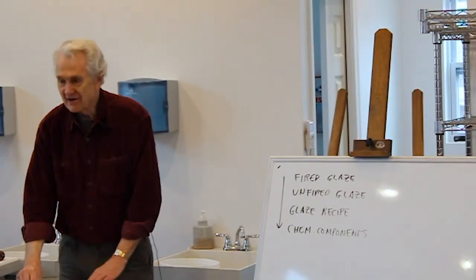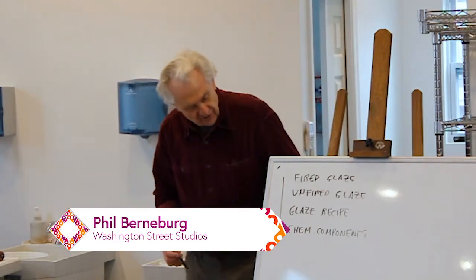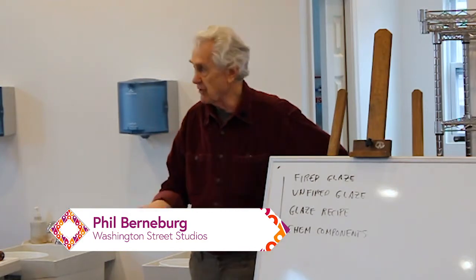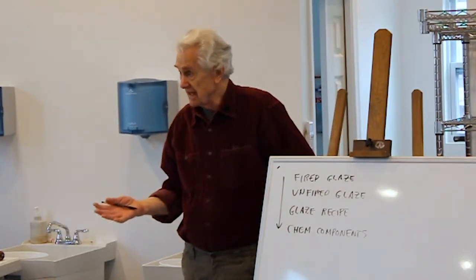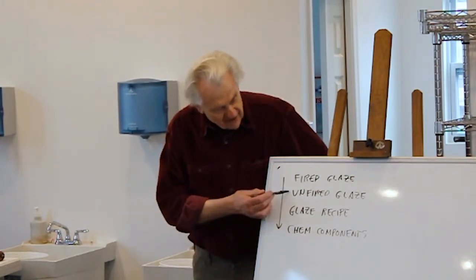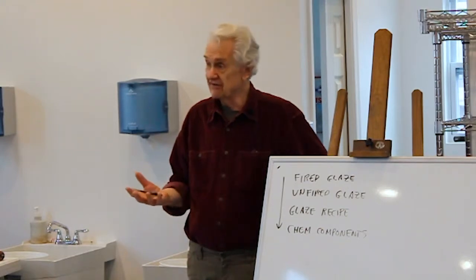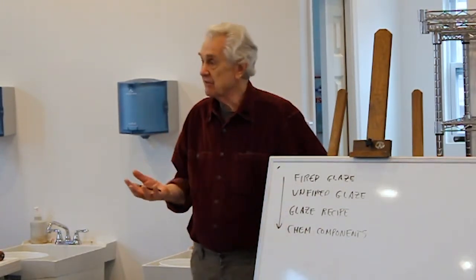Okay. Anyway, I call this Introduction to Glaze Chemistry, and what we're going to do is look at the different steps in the life of a glaze, in terms of when we make a glaze. So you have the fired glaze that we end up with. That's the actual glass, and we'll talk about those in a minute. And then you have the unfired glaze, which is still the mix of the raw materials, the ingredients that are going into the glaze. And if you go back before that, you have the glaze recipe that you start from,